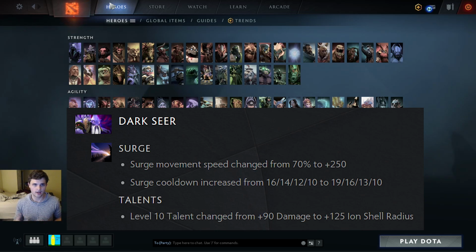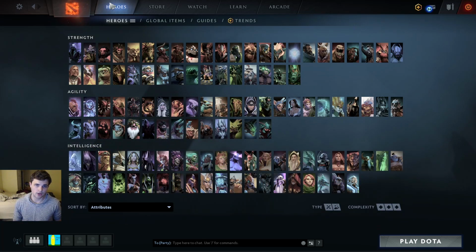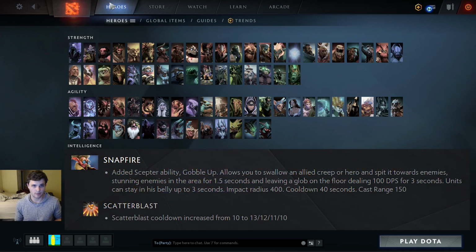But I want to try and see how much better his laning stage is with the reworks to Surge and the buff to the talent on Ion Shell. Another hero I want to be trying for this patch. I was trying her a bit last patch, but now with the new Ags, I think Snapfire could be really cool. Her Ags is effectively a 2,000 range, launch a teammate or a creep in a glob,